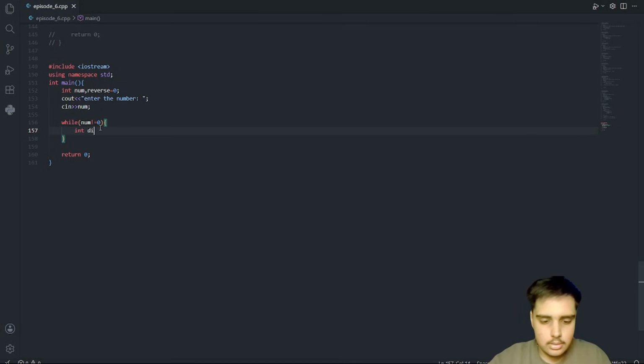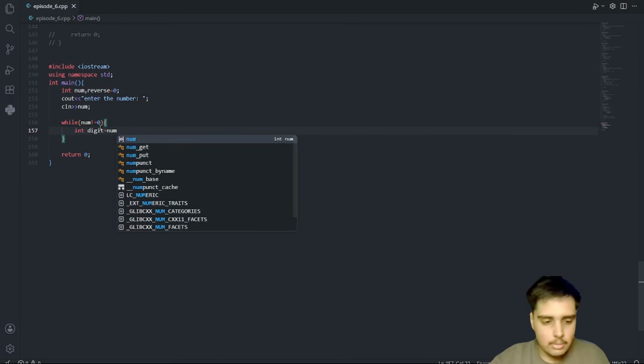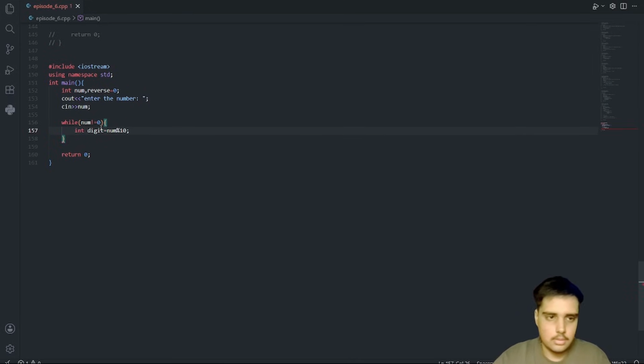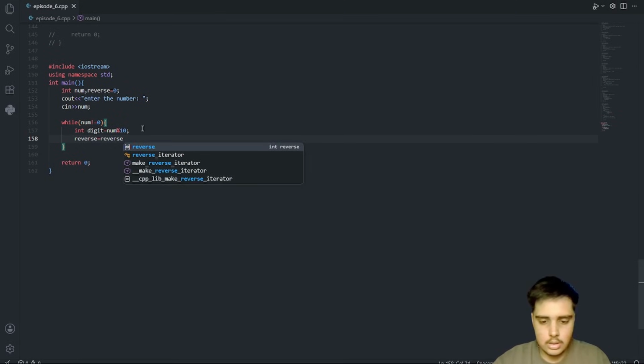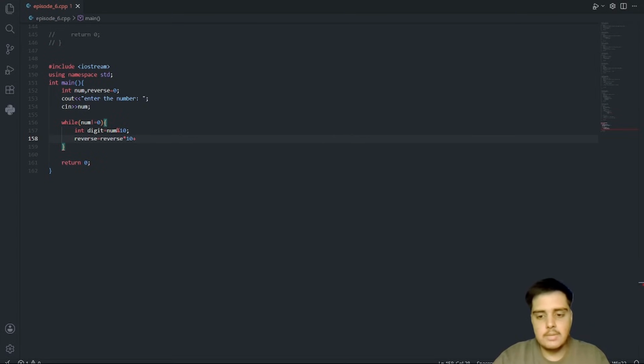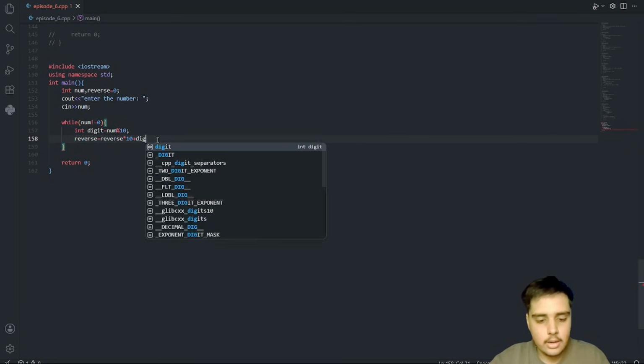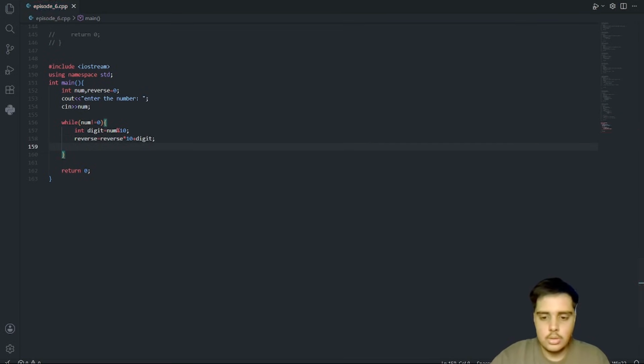I will say int digit is equal to num modulus 10, and I will say reverse is equal to reverse into 10 plus, the specific thing here is that I will not use just reverse into 10 but I will add the digit value here also. So coming to the last thing in the while loop, that will be num divided by equals to 10.